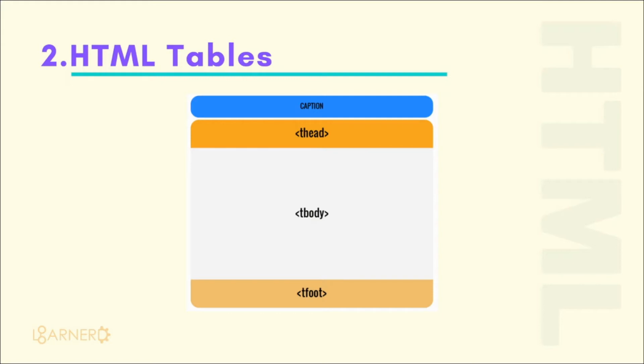There is one special tag used in HTML table, that is caption. The caption tag is used to provide a tooltip when we hover over the table, to give information to the users regarding the table. For example, you might have had an experience where whenever we hover over a table, it gives a tooltip like, this table consists of this kind of data. So this is the way the caption tag works.